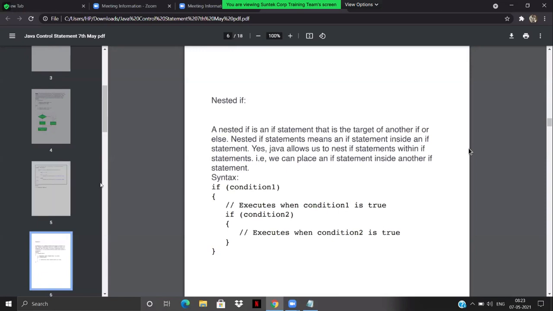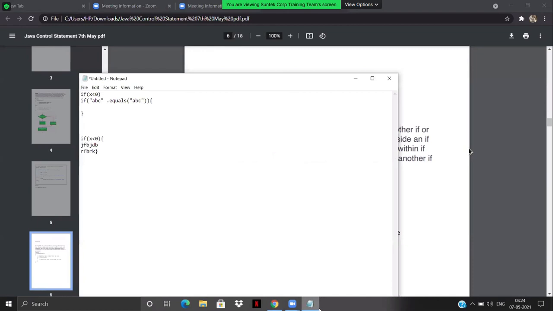Okay, we may have a nested if. Nested if basically indicates that if a condition is true, right? Rather than going for a nested if, sometimes we can have an AND operation as well, right? So we can write a condition, just to avoid the nested if, you can write condition 1 and then condition 2. It is the same as writing a nested if.